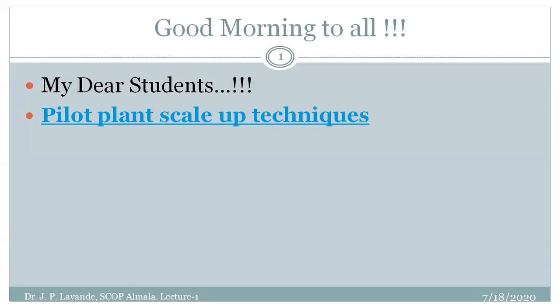So pilot plant scale up, that means whatever experiments we are performing in the lab have to be upgraded to a higher level, and that higher level is said to be the pilot plant. And above the pilot plant there is a plant, and that plant refers to the commercial manufacturing processes. So in pharmaceutical companies, there is great significance of these three levels: the lab scale, pilot plant scale and the plant scale.